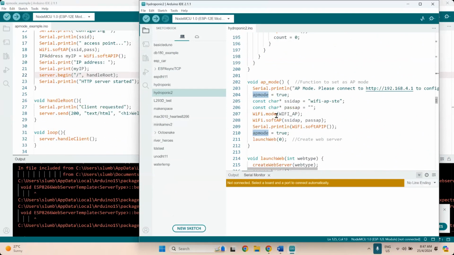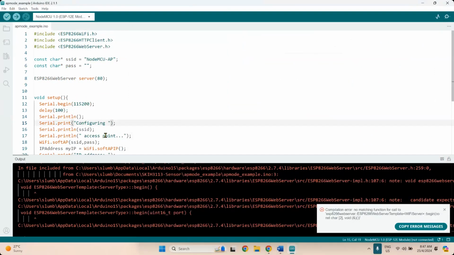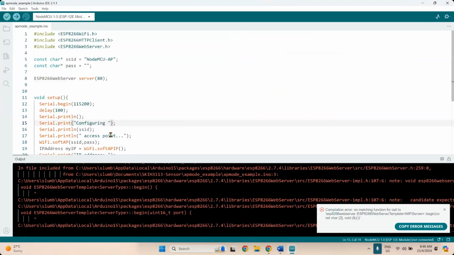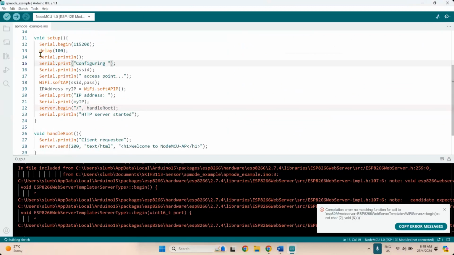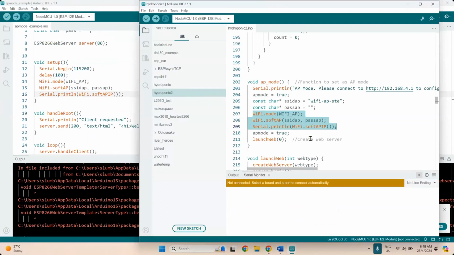So this is AP mode, constant char, password, WiFi mode AP, SSID, print mode. Okay, so I think I'm going to take this one. I'm going to remove this one first, then take this one, soft AP mode.